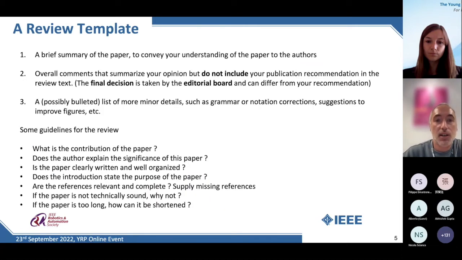All right, so what could be a template for a review? First of all, it's a good practice to start with a brief summary of the paper, like if you were to write an abstract of the paper you're reviewing yourself, without copying, of course, the abstract of the paper. This is good because it shows the author that you understood what they were doing, or